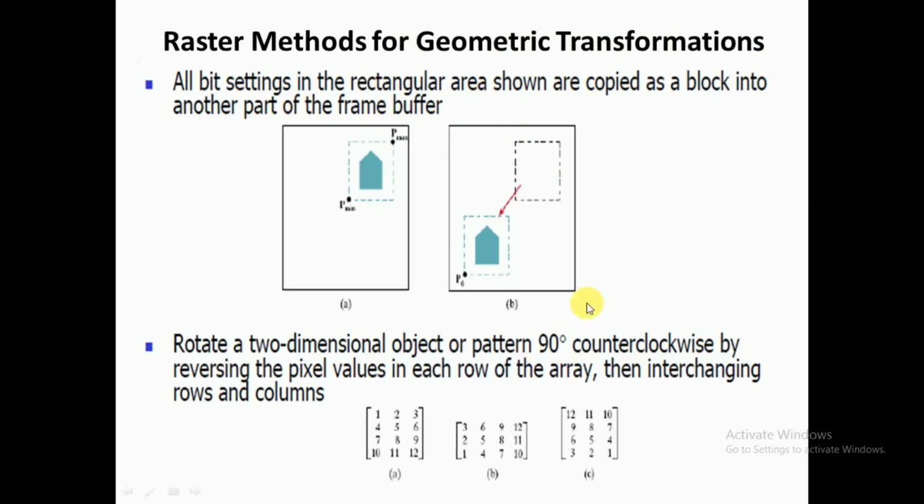You have your output in some frame. Already your output is there in the frame buffer. Somewhere in this frame buffer, in this area, your output from P minimum to P maximum, you have this house-like structure. You want to translate that object somewhere here. Instead of applying the x translation factor and y translation factor, you can do it directly by copying the content of the frame buffer from this position and pasting it somewhere here. Copy and paste: take the content of the frame buffer from P minimum to P maximum, then paste it somewhere here. At that time you will feel that it is translated.